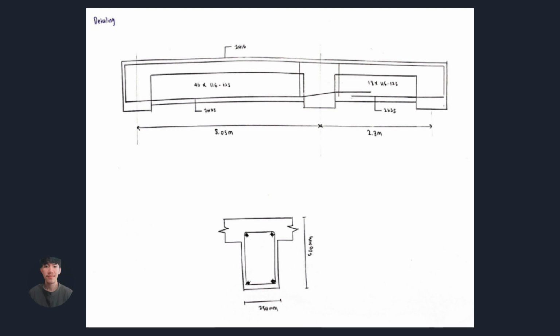the H, and the spacing is 125, and it is the same with the other side of